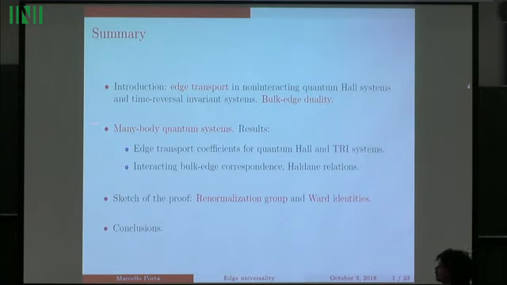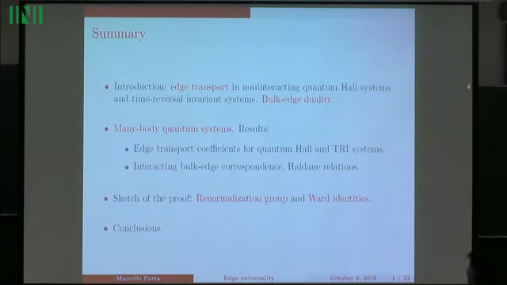The main part of this talk, and that's where I will present results, is about the extension of some of these predictions to the many-body world, so interacting fermions. And the main results I will present are about a theorem about the computation of edge transport coefficients for quantum Hall systems, or for a class of quantum Hall systems and time reversal invariant systems. So as a direct application of this theorem, which gives a pretty nice characterization of edge transport, we will get a proof of the bulk edge correspondence for interacting fermions for a suitable class of models, and